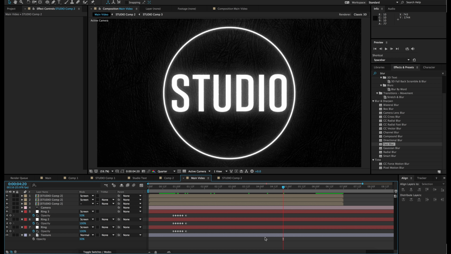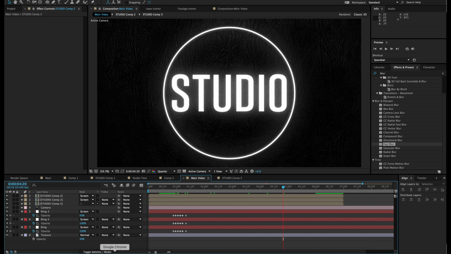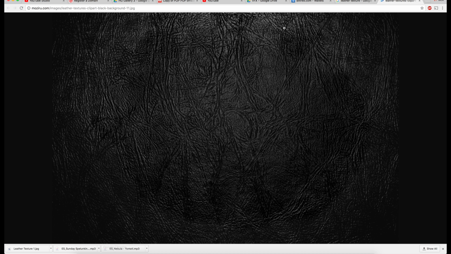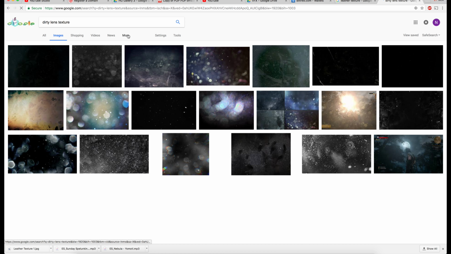We basically reached the final result. It looks pretty close to what we made here. Now we're gonna make the lens effects. As you can see, there's like dirt on the lens, and that is pretty easy to do. What you can do is you can again look for a texture. So you can go to Google and just type in dirty lens texture. Go to images,